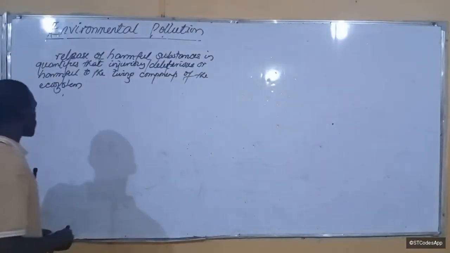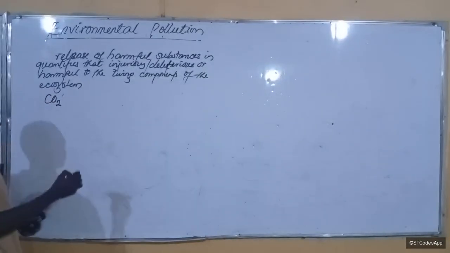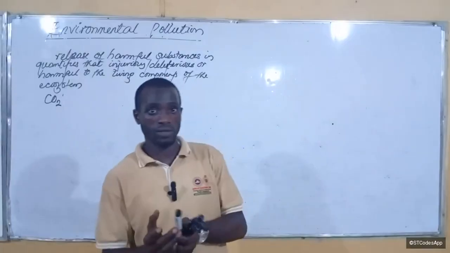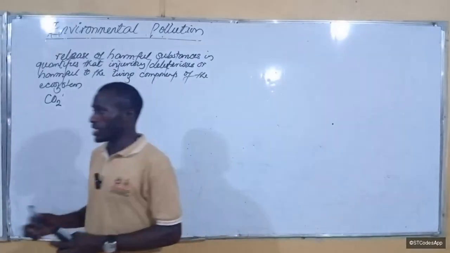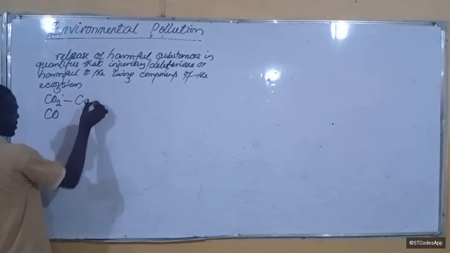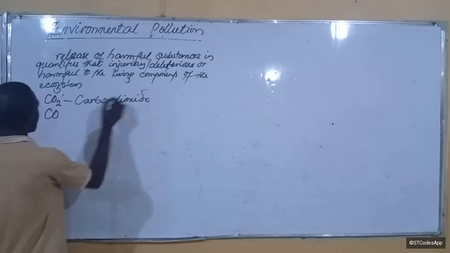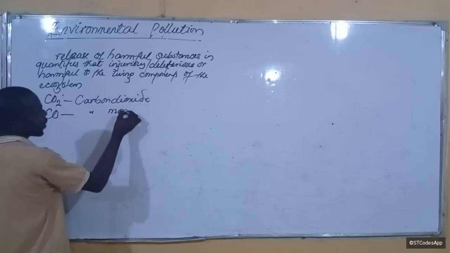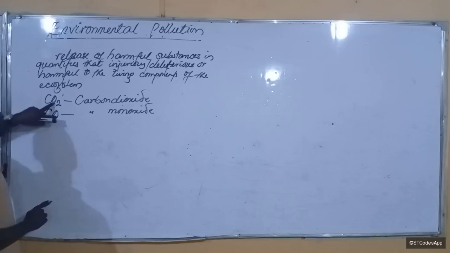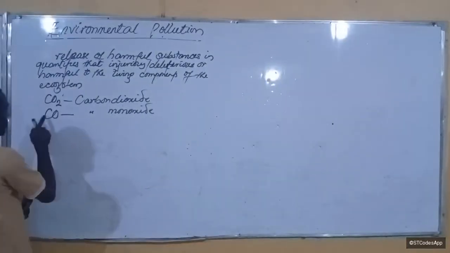Using the context of CO2, like I said, CO2 is not a pollutant yet until it has accumulated in very high quantity. Now there is also CO, which is carbon monoxide. CO2 is carbon dioxide. So you have carbon, then 2 here is dioxide, and 1 here is monoxide. Now these two are very different.